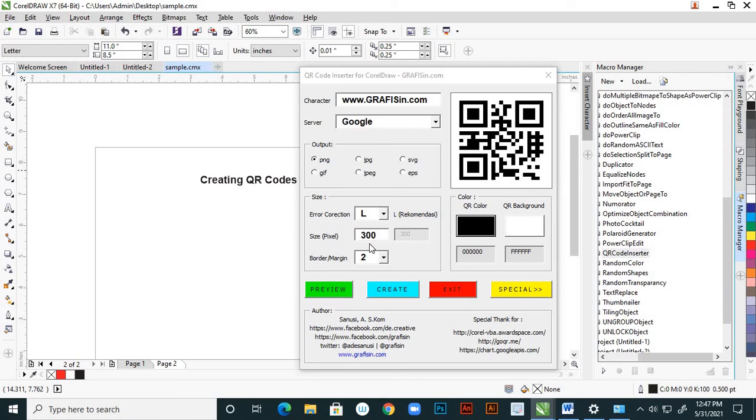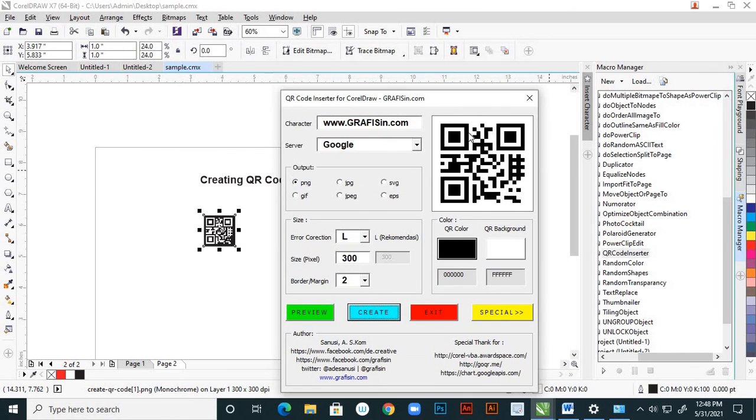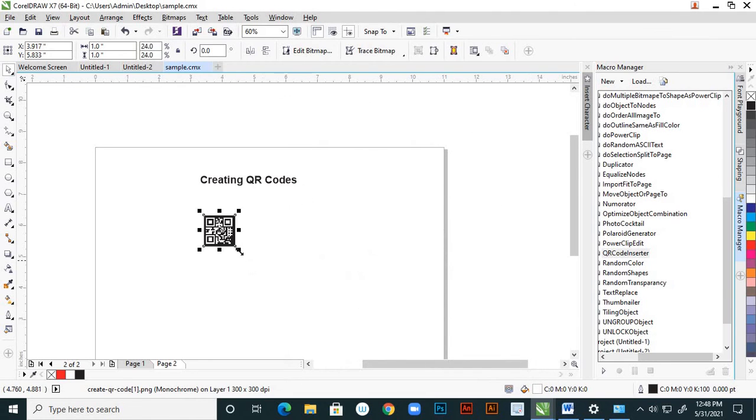Here the border margin 2 is given, the size in pixels showing 300, right? And say Create. Yes, see it is created now. Now you can close this and make it a bit bigger.